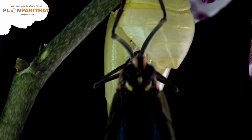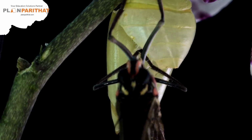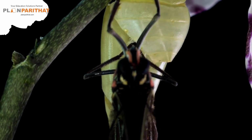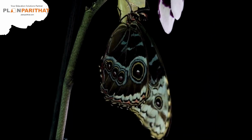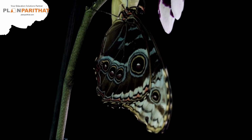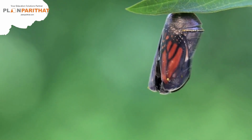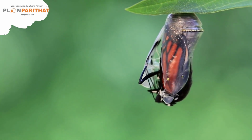The fourth stage, adult. When the caterpillar inside the pupa begins to change shape and to develop to its most mature form, it will have all the complete organs of an adult butterfly in all respects. The butterfly, then, will push the pupa shell and crack it open. It will stick the head out